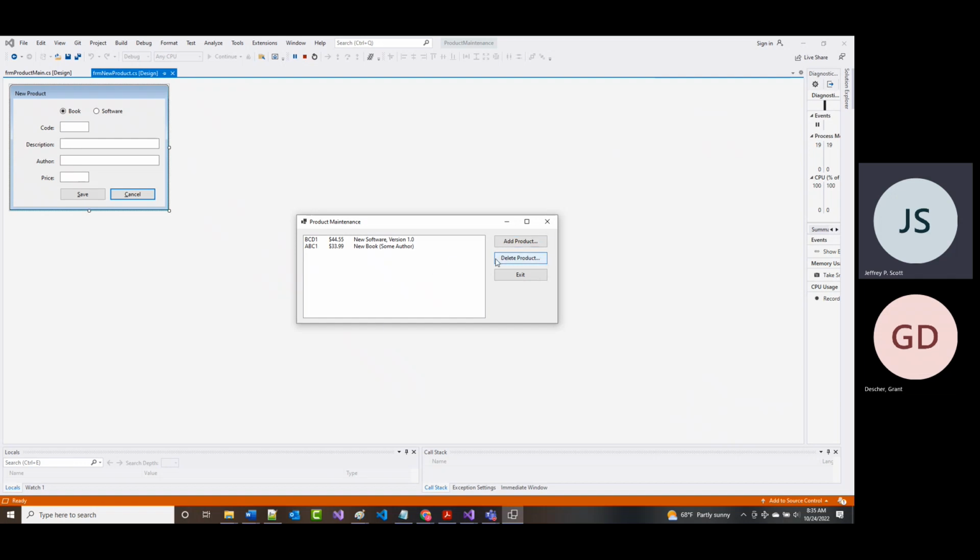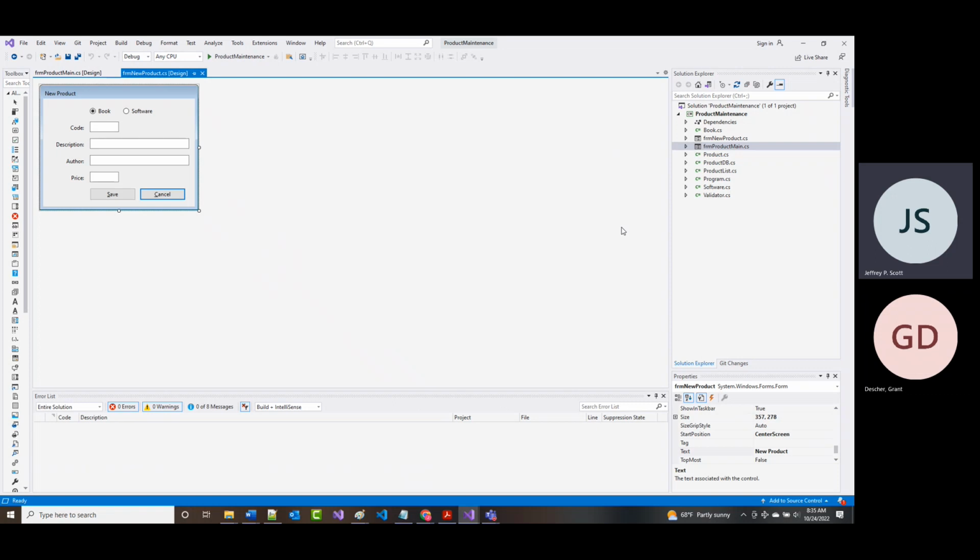If I don't have anything highlighted and I click delete, nothing happens. If I highlight one of them and I click delete, it says, are you sure you want to delete new book? And if I say yes, it's gone. So it's the same program that we looked at before, except that now we have 2 different